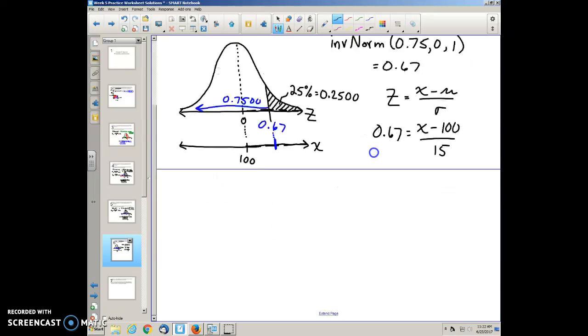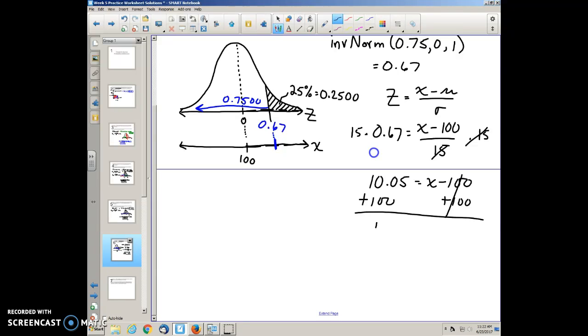All right, we use a little bit of algebra to solve this problem. So we multiply by 15. That'll cancel that out. We get 10.05 equals x minus 100. We add 100. And then we get 110.05 equals x, and they wanted it rounded to 1 decimal place. So 110.1. So an IQ score of 110.1